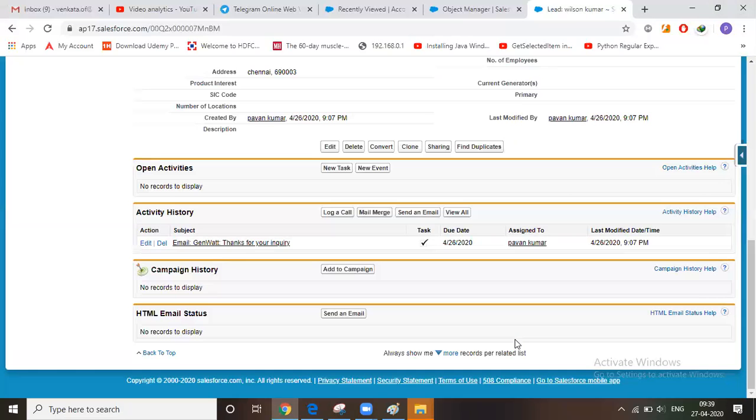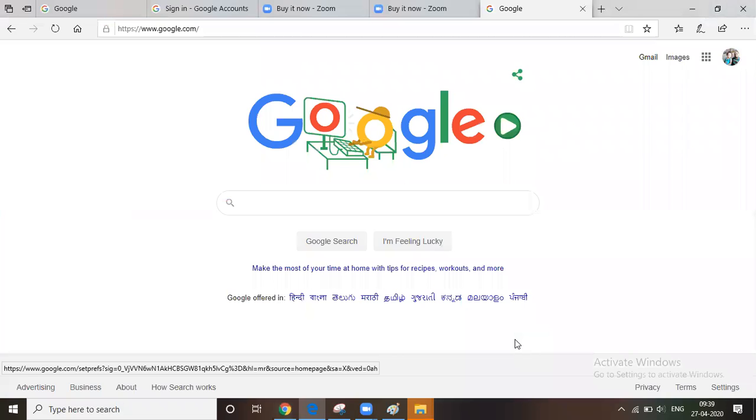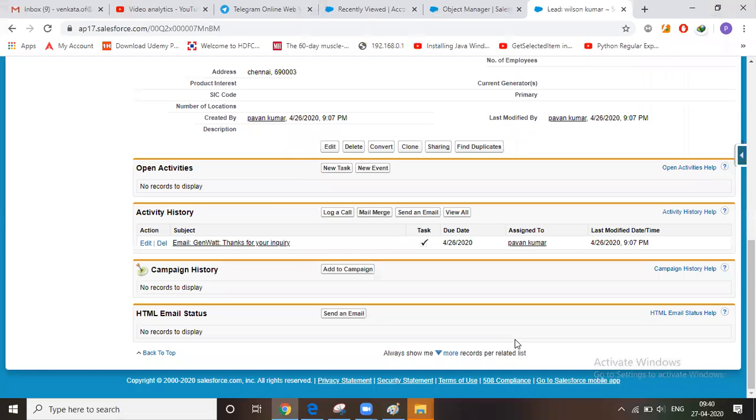Instead of google.com, can we display any message? Yes, we have to add another web page, or handle it in that web page itself. That belongs to the web development section.